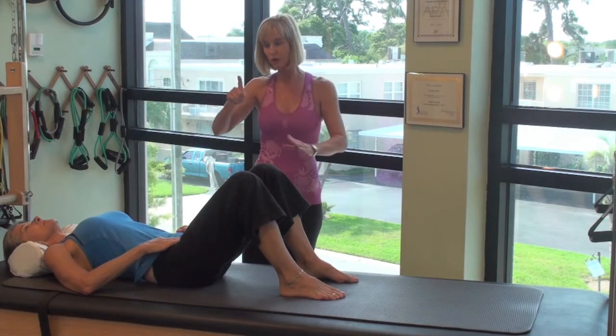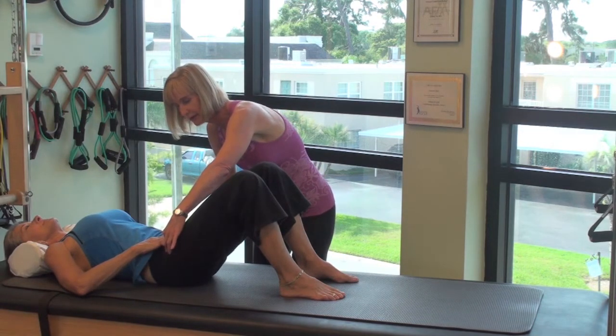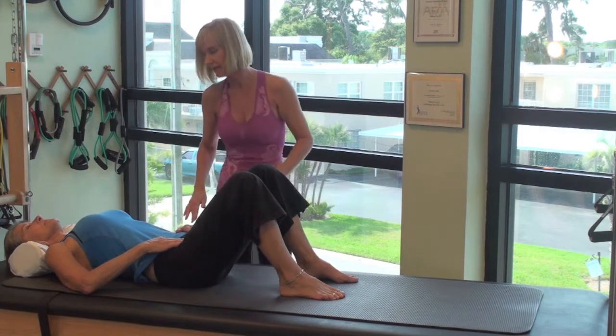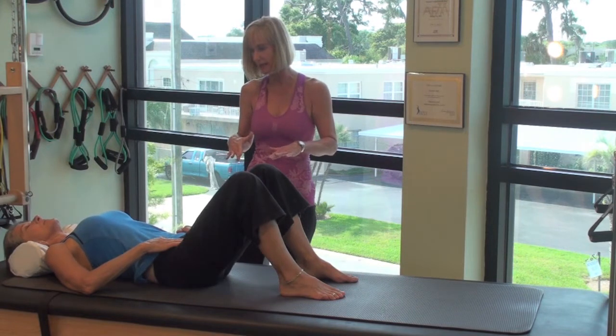Some people have a little more curvature in the spine than others. So for D, go the other direction. That would be neutral right there, where everything is level. So keeping this neutral pelvis, which is the most efficient alignment that the pelvis can be in, we're going to